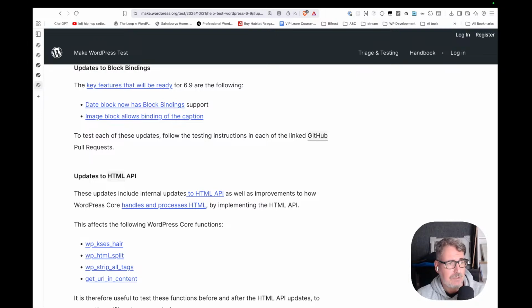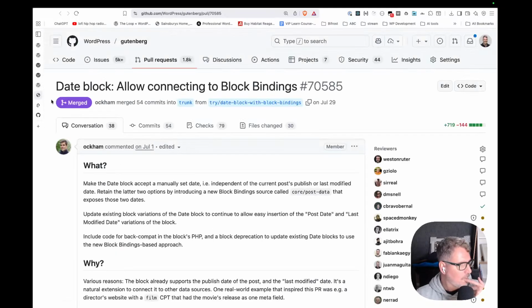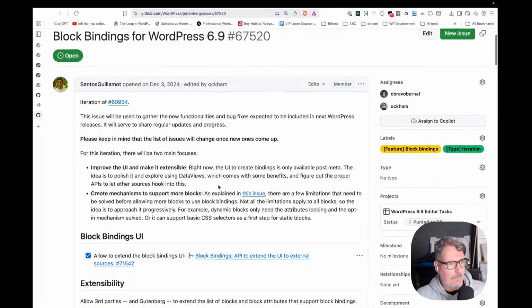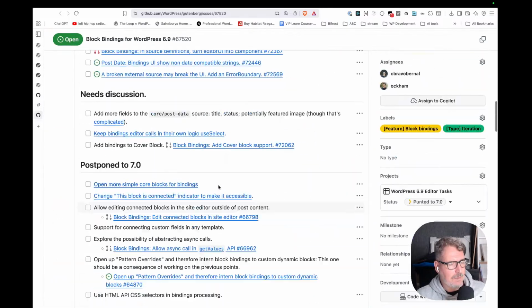To test each of these updates, follow the testing instructions in each of the linked GitHub pull requests. So extensibility. Okay, this